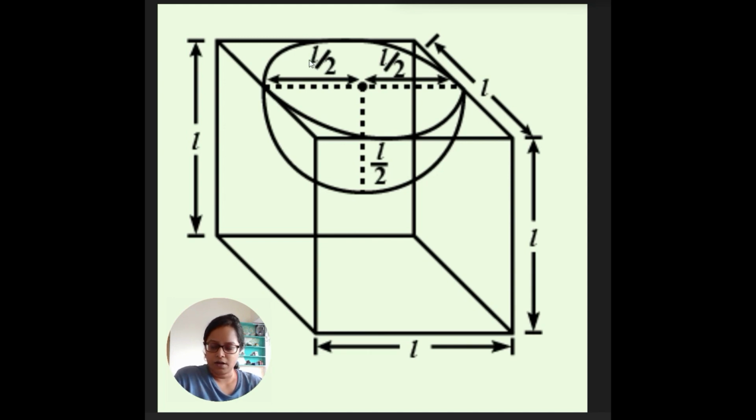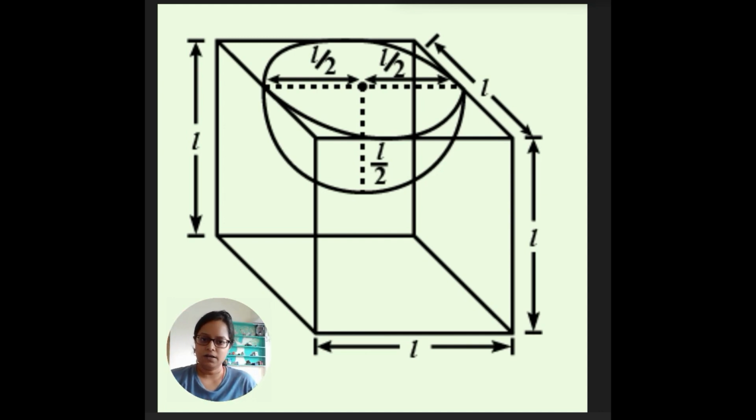Now, if we visualize in our minds how this would look, all the other 5 sides are exactly the same. The area remains the same except for the top portion where the circle has been cut out and it also goes inside. So if you look at it from the top, we'll see a depression. There's something going inside. So that 5a square is already with you. Now if you're going inside, then the curved surface area portion of the hemisphere is also part of the solid, because the solid is going like this. So you have taken these 5 and then it's going like this. It's like a hollow thing.